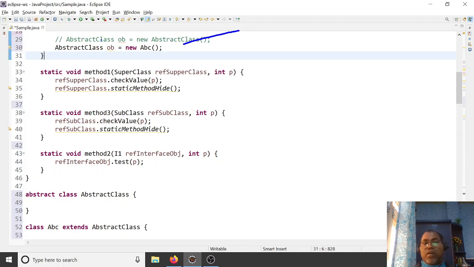You cannot create an object of the abstract class, but you can create an object of your subclass. This is allowed. Similarly, in an interface you cannot create an object, and the same for an abstract class. But an abstract class can have a constructor, methods, and fields, and you can initialize it with any subclass.